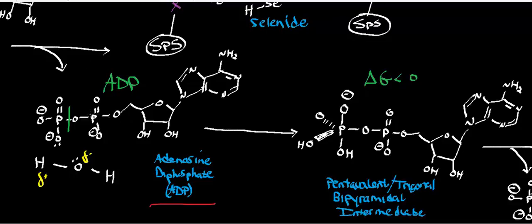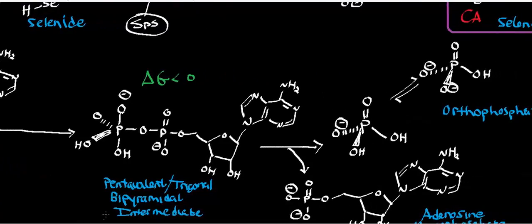So what's essentially going to happen is you're going to get a hydrolysis of this phosphate off. So this oxygen right here is going to extract this proton, catalyzing hydroxide nucleophilic attack on this phosphorus, this beta phosphorus, and that's going to initiate the formation of this intermediate right here, which is called a pentavalent intermediate. The geometry of this phosphorus right here is trigonal bipyramidal, so you might also hear it referred to as